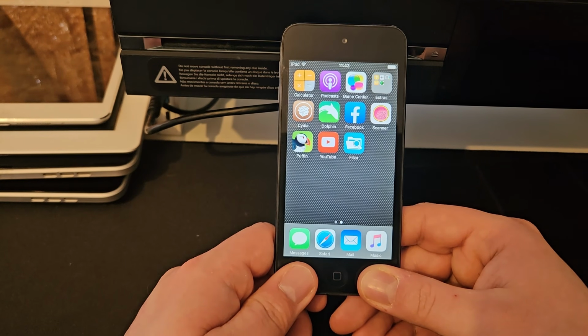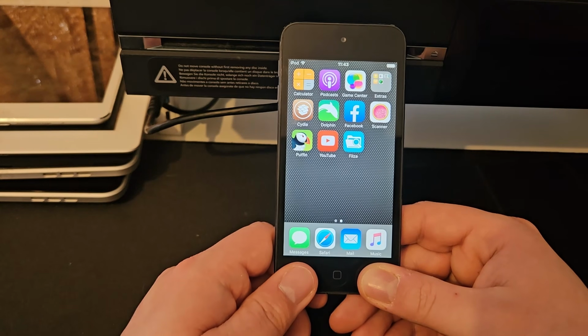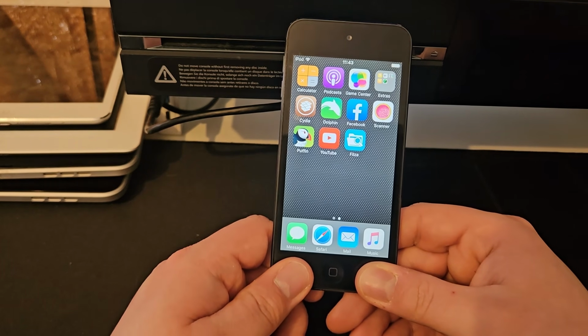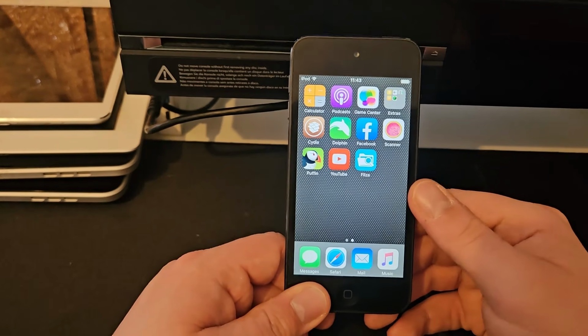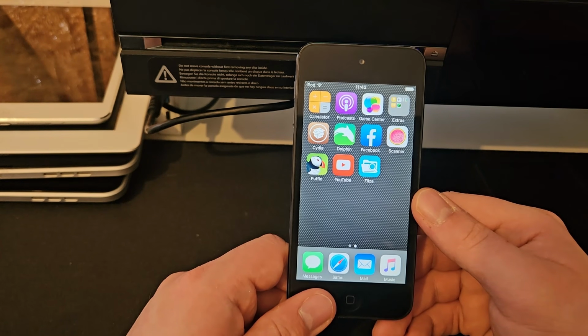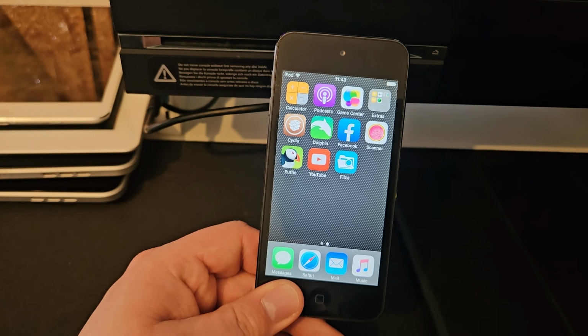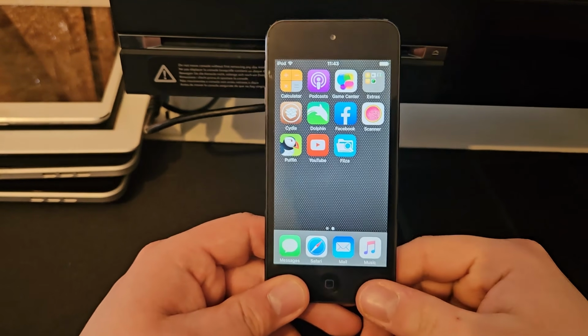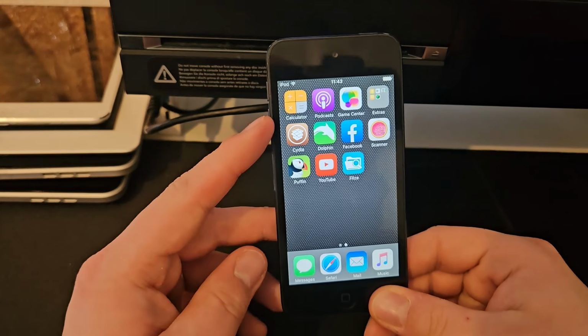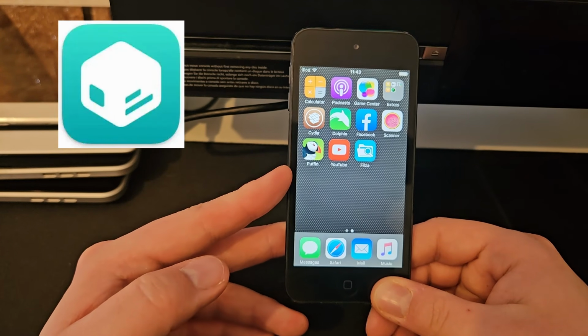You'll then go into the TrollStore again and hit the plus button, find the IPA for Dopamine, and then click install. It will then install the app using the IPA on the device itself. And you will then be able to jailbreak the device in Dopamine, and it will actually download sources. So with Cydia, also where you get all your sources, it will actually download Sileo, which is very similar